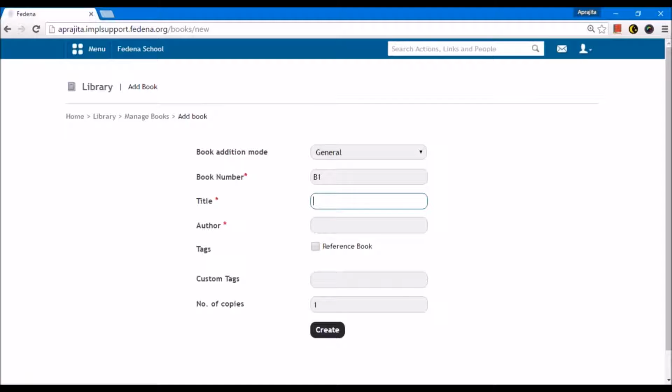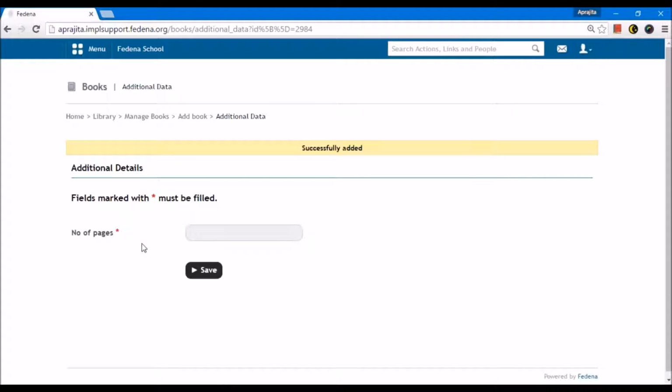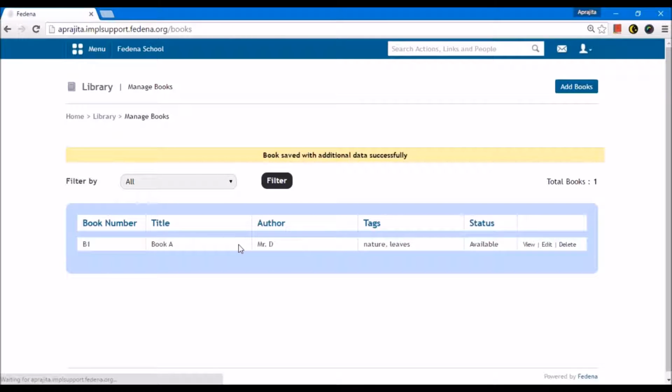So I'm giving here the title of the book, the author of the book. These are the mandatory fields, and these will also be mandatory for the Excel sheet. Here I can create my custom tags related to this book. So let's say I have a tag. I can separate the tags by a comma. So like this, I'll be able to set the book details. I can give the number of pages. So this is the additional field that I created, and it is a mandatory field, so I must fill it in.